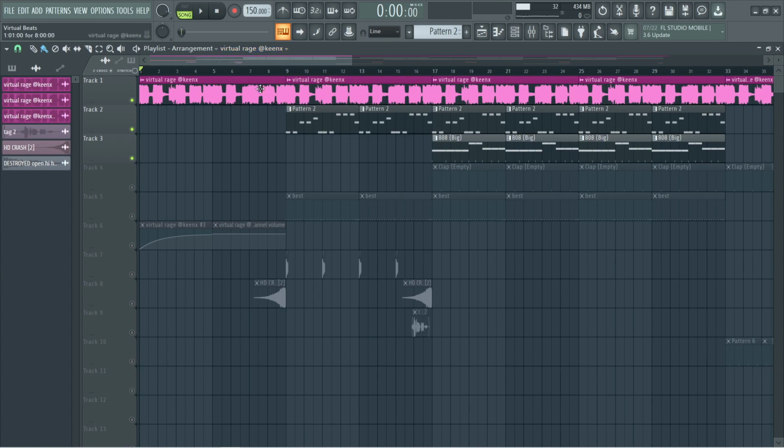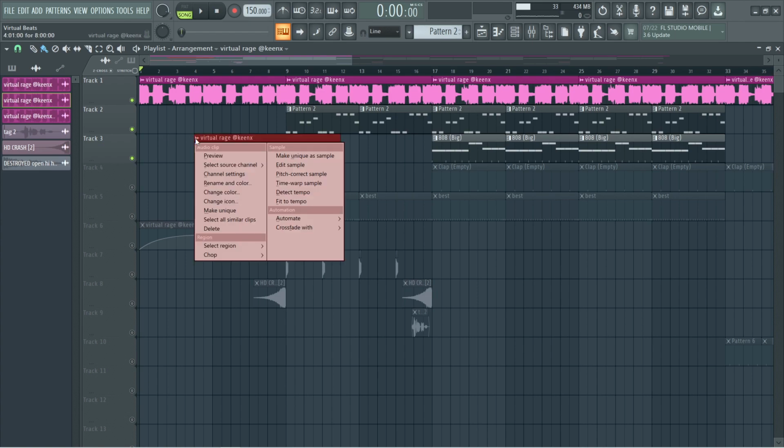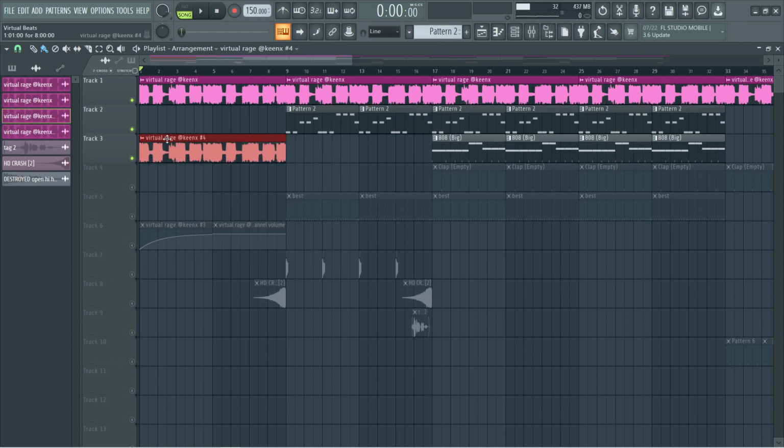For the sample, usually when you grab samples from wherever you grab them, it could be an old game, old anime. It could be using Looperman loops like this one by Kinex, or it can be using Splice. There's all kinds of places where you can get all kinds of sounds. When you get a sample, for example, let me use this as demonstration. So when you get a sample and it's not on beat, so let's say